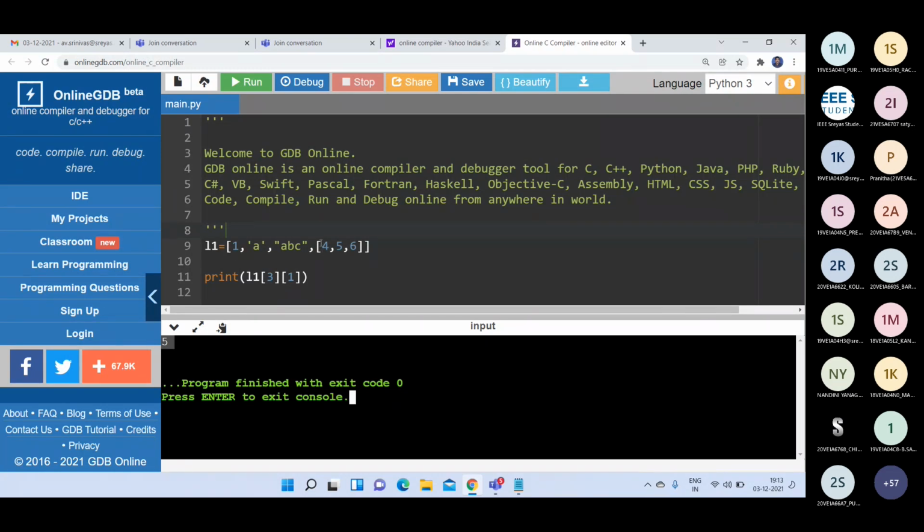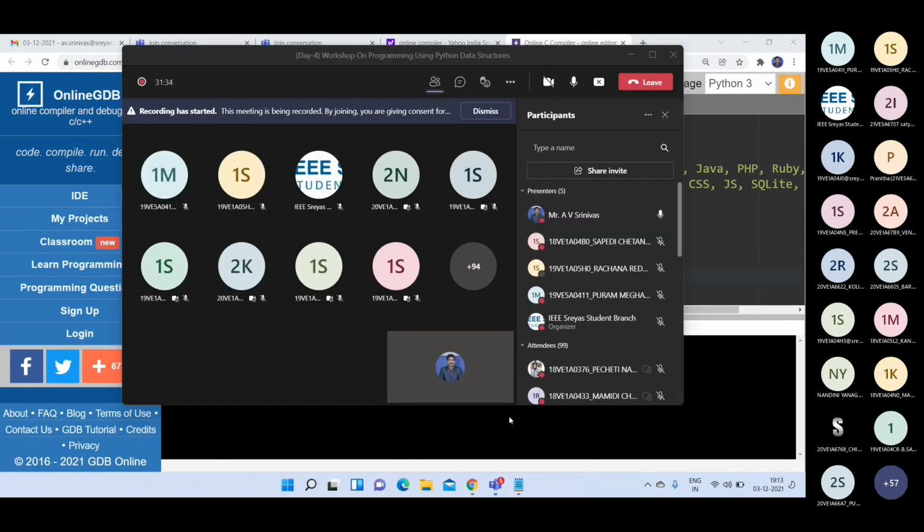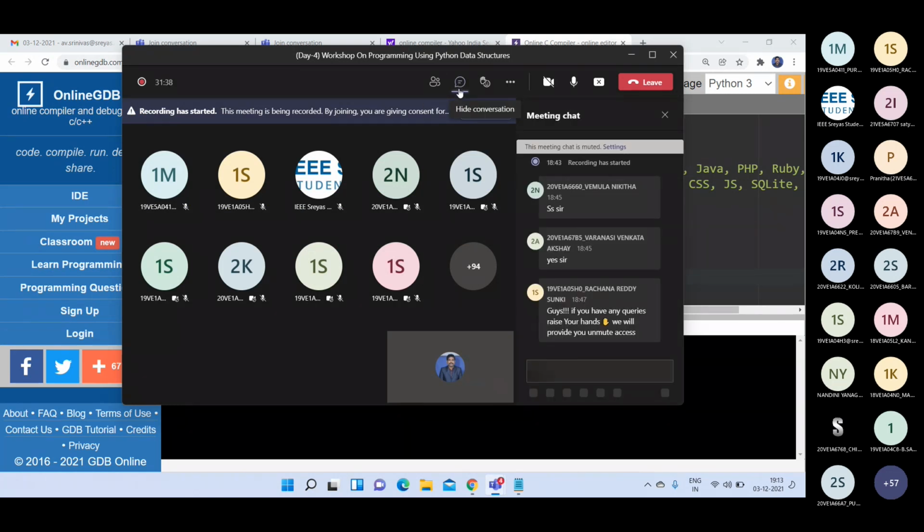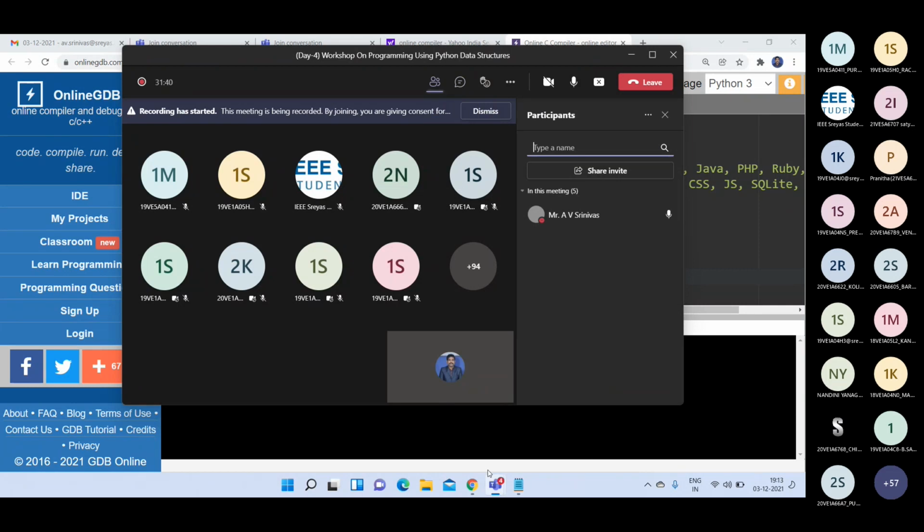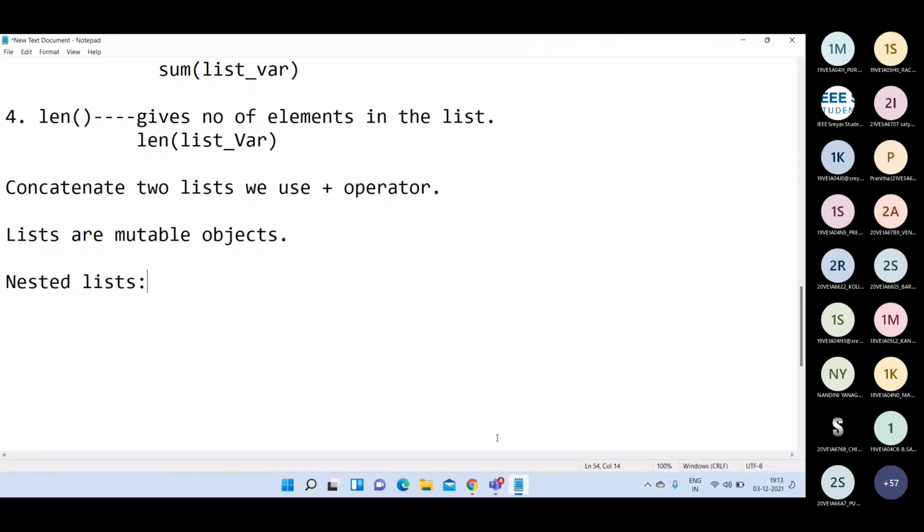This list is at location 3, so this is 3, 0, this is 3, 1, this is 3, 2. So if we print L1 of 3, 1, the output is 5. In that way, you can write nested lists also.